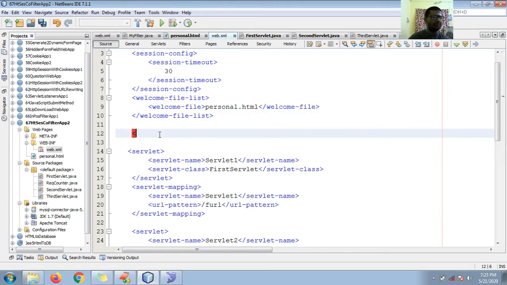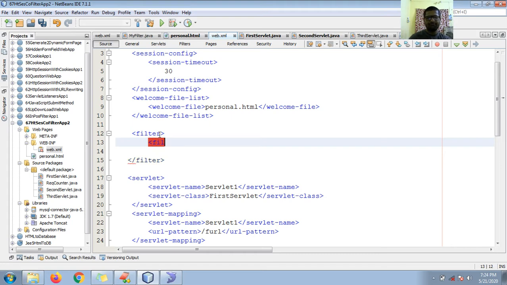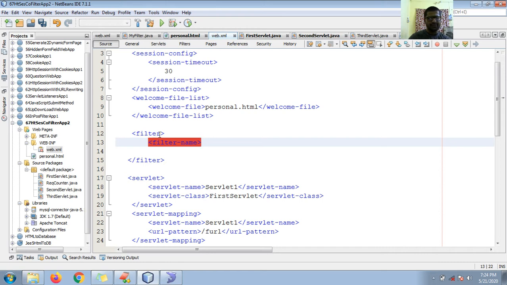Here I can configure the filter, so the close tag of filter, and here you can go for the filter name. I'm using the name request counter.